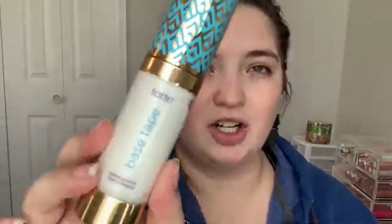And let's go ahead and dive in. First thing we're gonna start with is primer. I have the Tarte Base Tape. This is the hydrating primer. I have used, I believe, all of these products. I don't think there's anything I haven't used. It's just been,